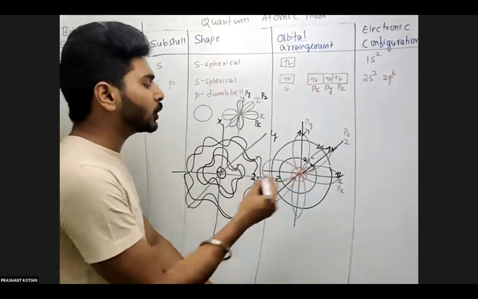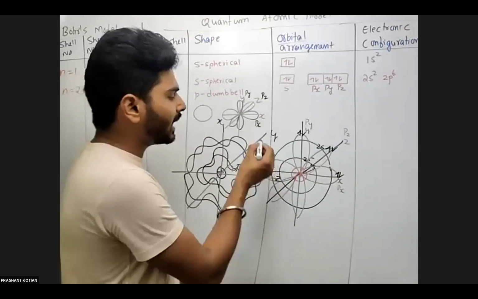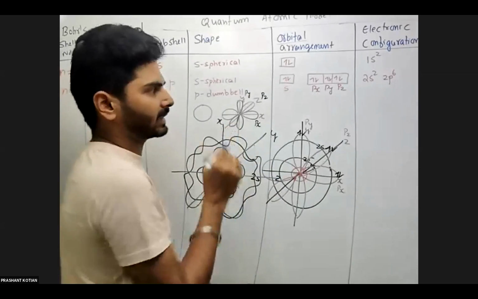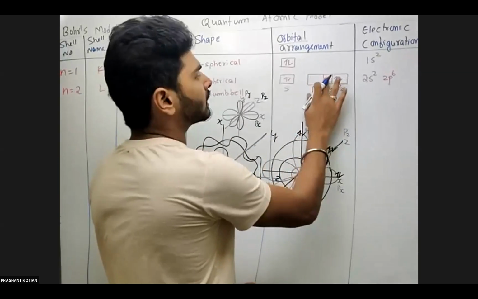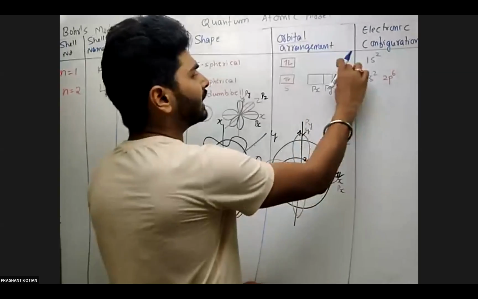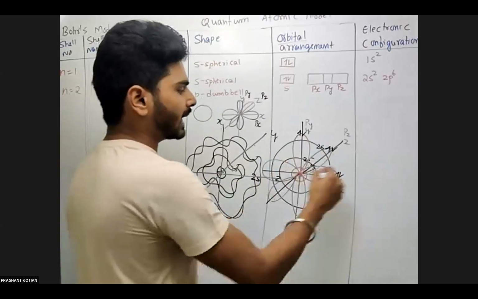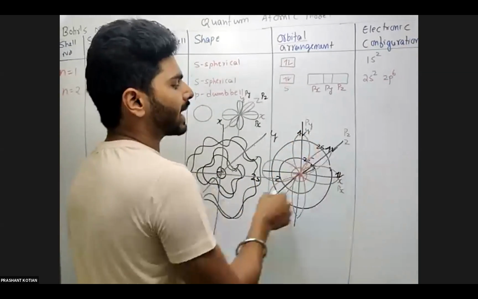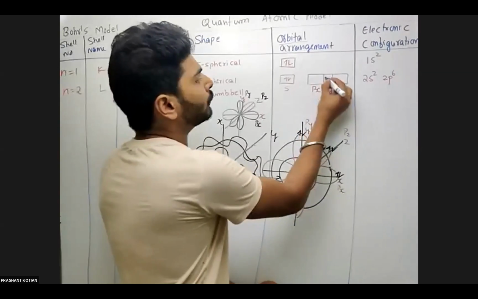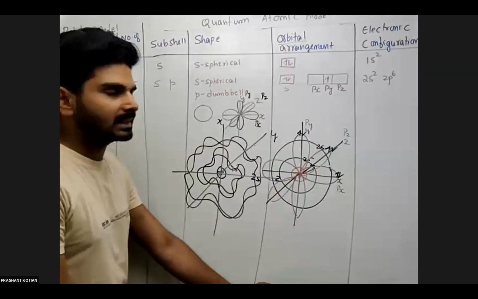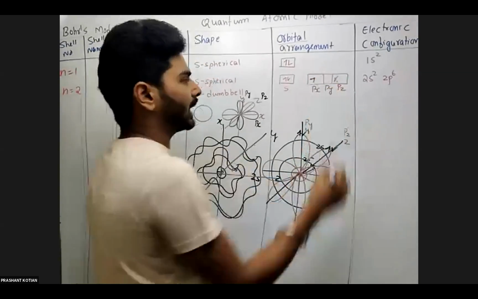So now, as an electron, I consider it can go to the z axis, it can go to y or x, anywhere it can go. If I say in terms of boxes, each individual box represents a particular orbital: the x-axis orbital, y-axis orbital, and z-axis orbital. So if I consider the 5th electron, it can go to the y-axis or z-axis or x-axis, anywhere it can go.